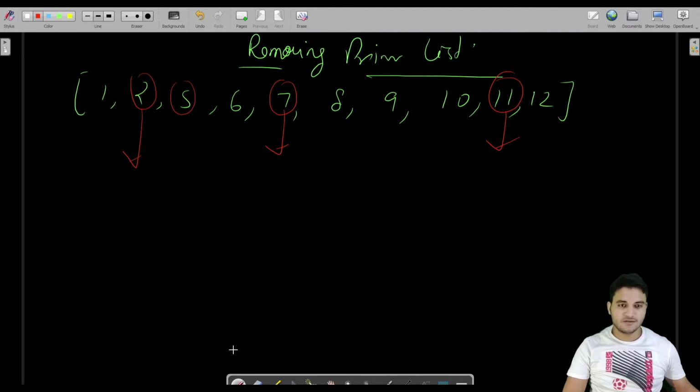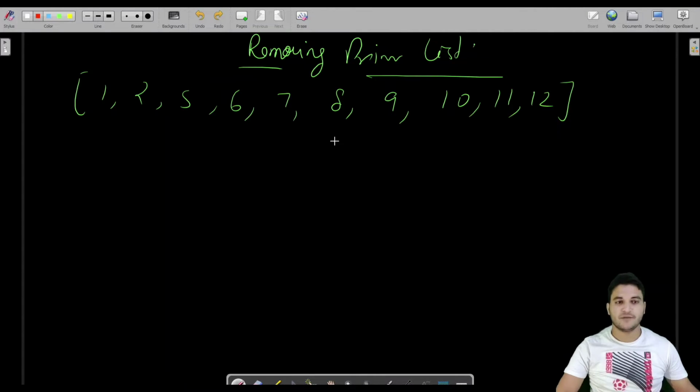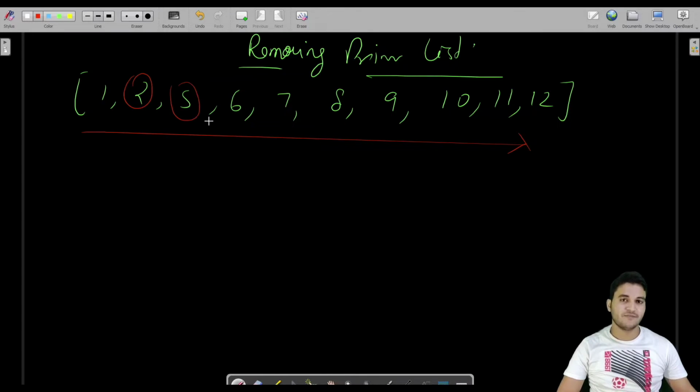Fine. So this is the problem, and I want you to try it on your own, and if you are done with that, then you can continue watching my solution, to see how your solution is different from mine. So I mean there were 4 prime numbers. Actually I mentioned there are 3, but there are 4 prime numbers. So the logic is very simple. We will iterate over this list, and we'll check each number. If it is prime, then we'll remove it at this index. So this is very simple.